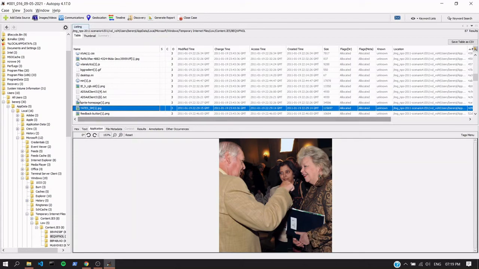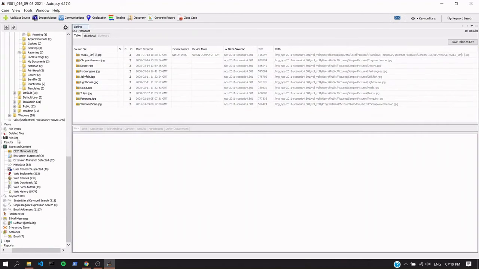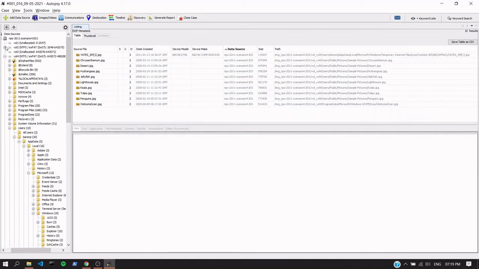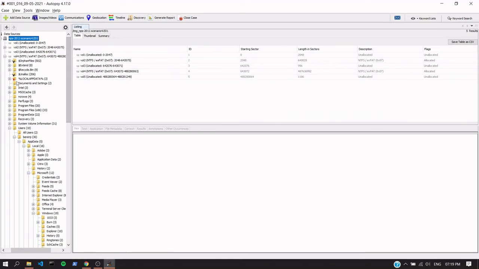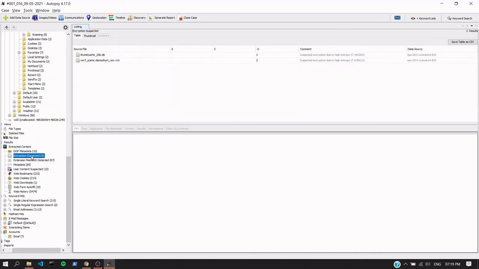So yeah, that was our detective point of view. So that's the EXIF metadata.